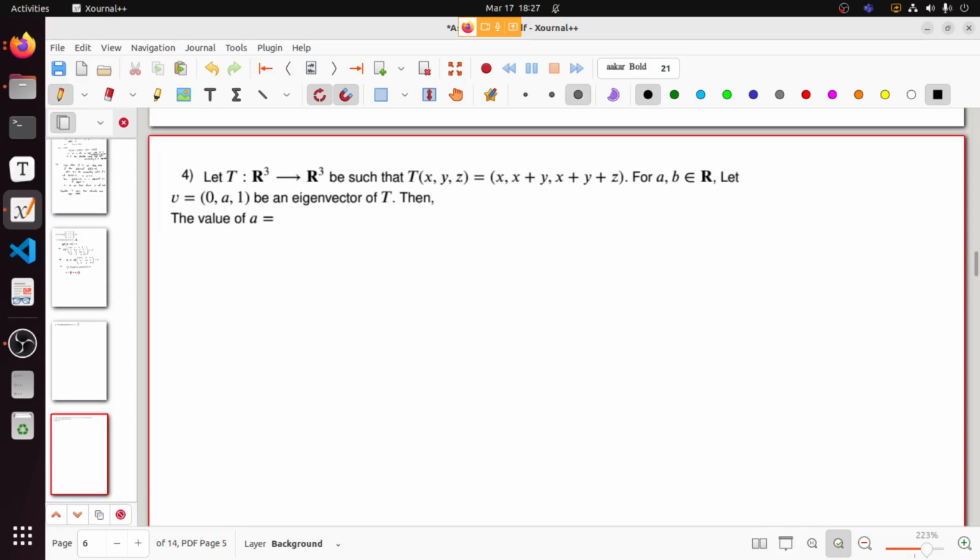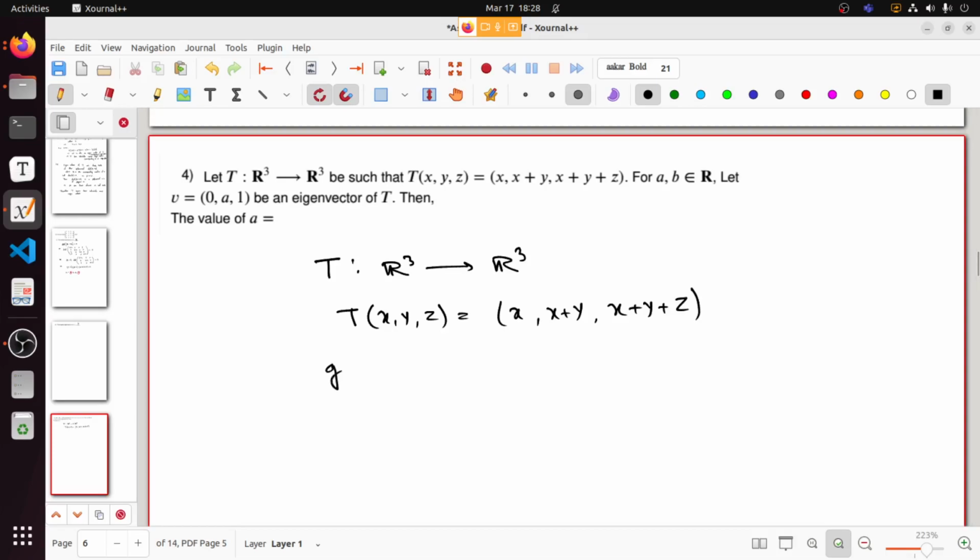What it is saying: let T be a linear map from R3 to R3, and the map is given for a, b belonging to R. B is a vector given. It's saying that it's an eigenvector of T. Then you have to find the value of a. So T is a map from R3 to R3. T of x, y, z is x comma x plus y comma x plus y plus z. And it's saying that B is an eigenvector of T. Given that B equals 0, a, 1 is an eigenvector of T,